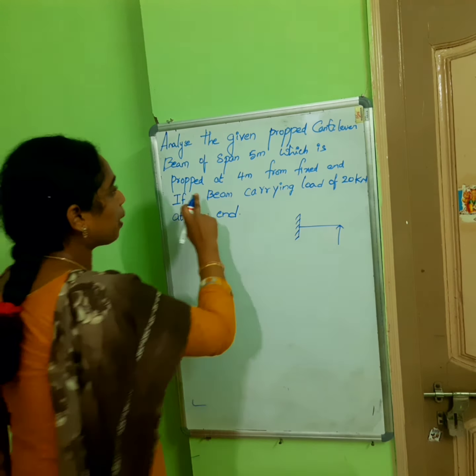I am considering only the point load here. So how will the bending moment, the M by EI diagram, come? All the propped cantilever problems I have solved using the moment area method. I have used the M by EI diagram for calculating deflection for any type of propped cantilever beam.